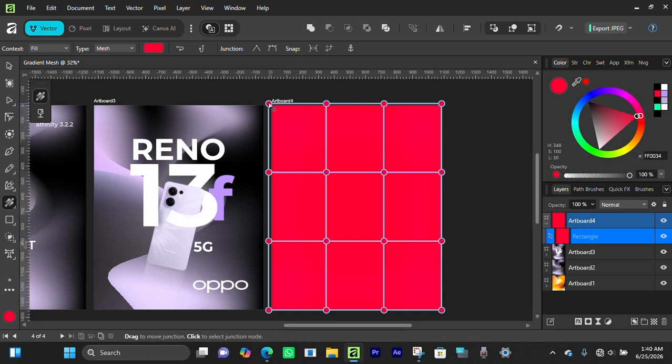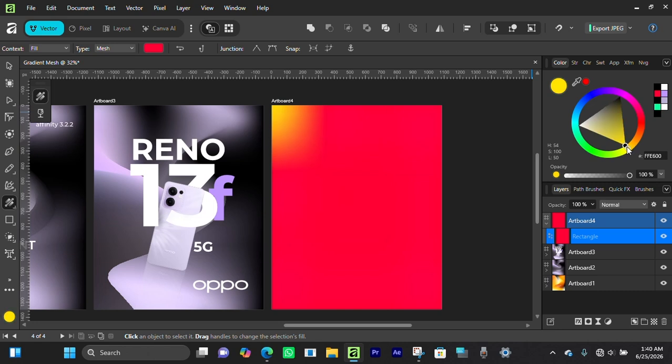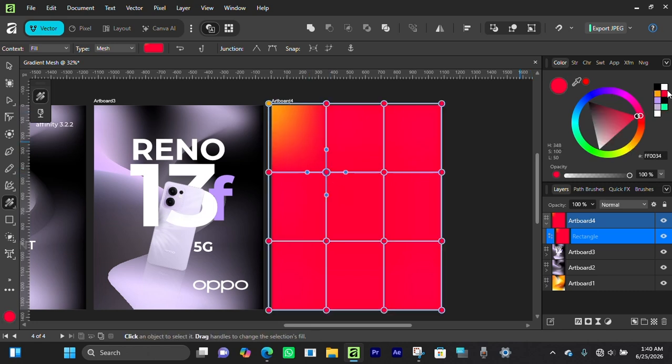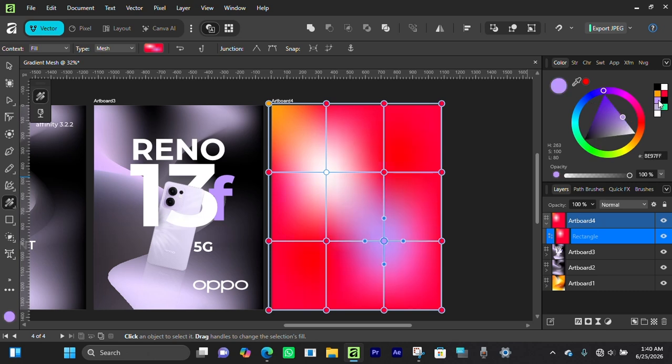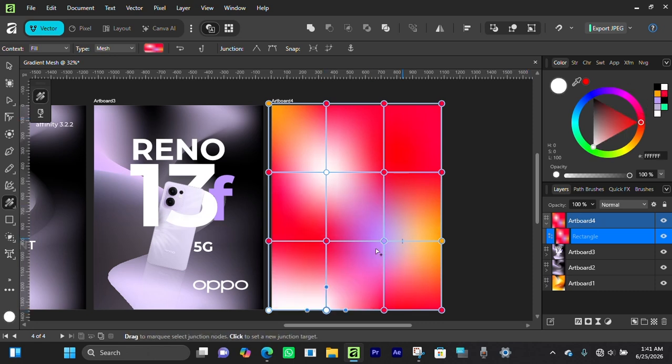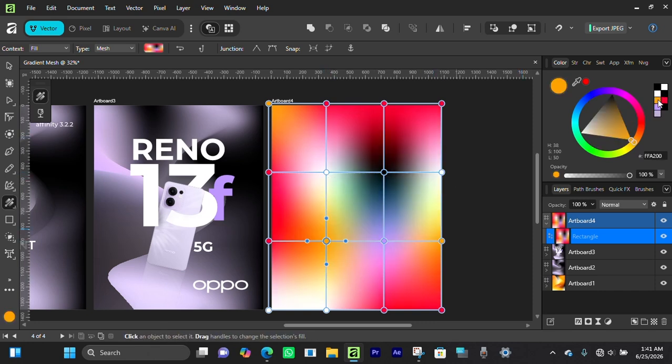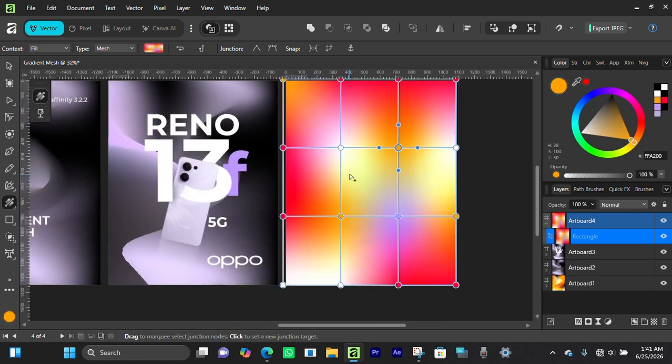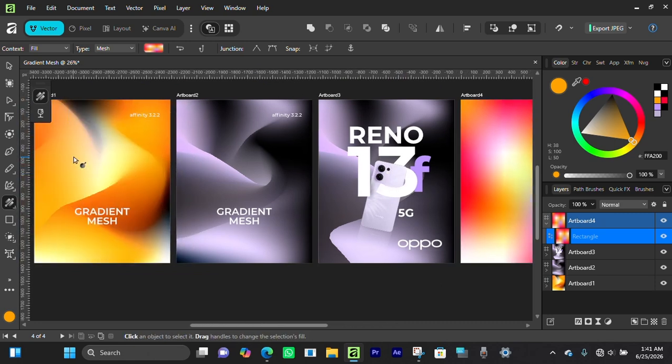So if I click to select this portion, I have activated this portion, changing the color here. Let me set this to this so you can see the color has changed. If I click this, I can change the color here. So this is how you can change the colors using the gradient mesh. So yeah, we have this gradient mesh, and this is how you can manipulate it to get this style of